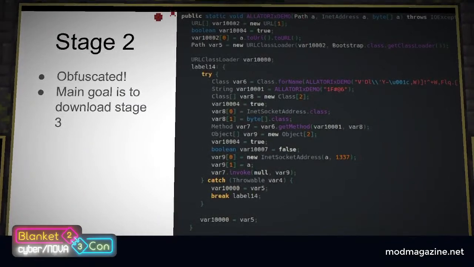Here's an example of stage 2's obfuscation, as run through the Vineflower decompiler. Values are reordered on the stack, and string literals are obfuscated to hide their true value. However, with the use of deobfuscation, the stack values can be restored for the most part, and the obfuscated strings can be statically resolved. Using these tricks, we can look at what stage 2 is doing.